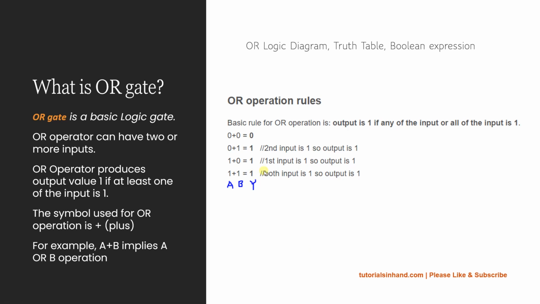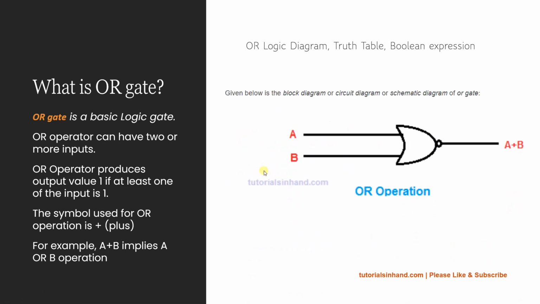So let's go ahead and see the logic diagram of OR gate. Now the logic diagram of OR gate is very simple. It's something like A, B, and remember this is a 2-input logic gate. If you are asked to create a 3-input logic gate, then there will be one more line, and that line will be input C, and once it has input C, the output would be represented as A plus B plus C. So that would be 3 inputs and so on.